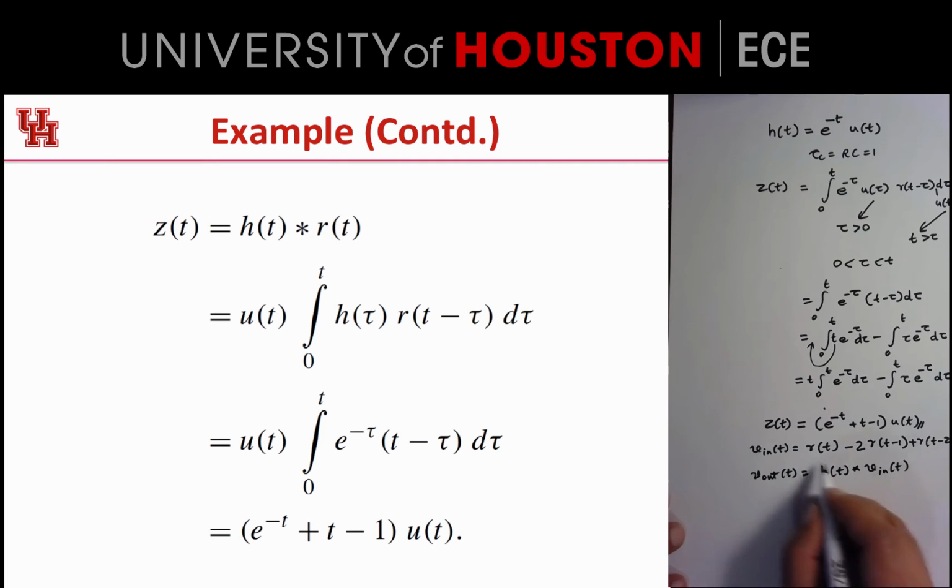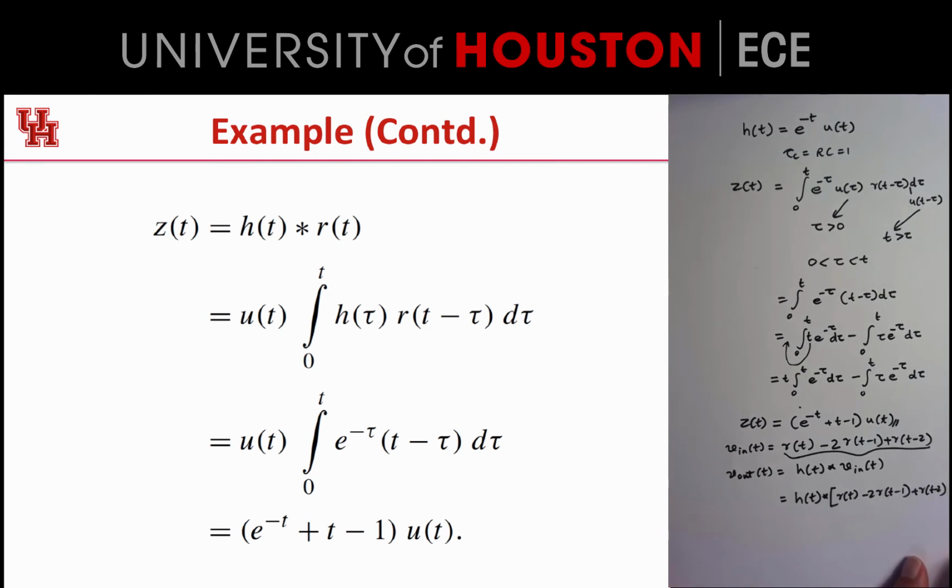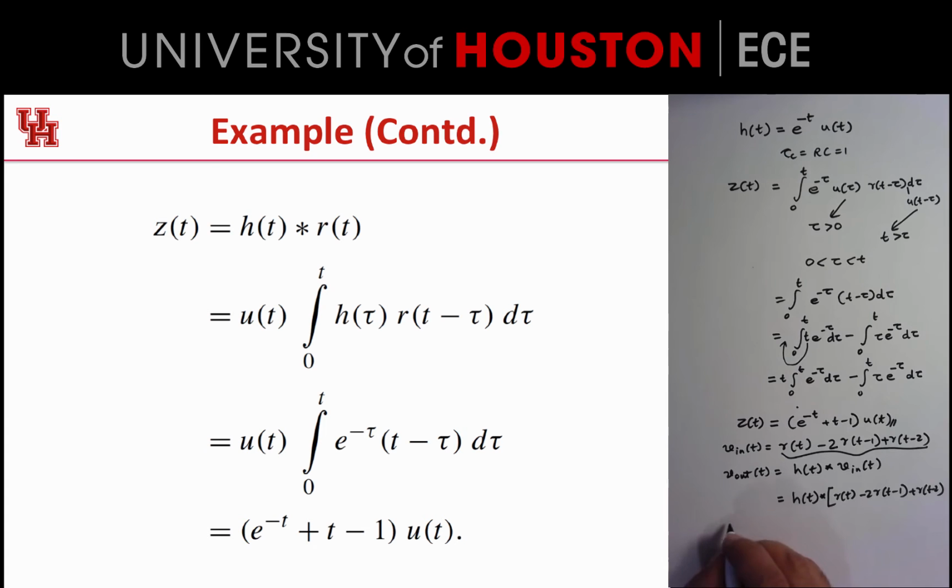Now this can be expanded, which means I have to convolve h of t with r of t minus 2r of t minus 1 plus r of t minus 2. So v out of t is h of t convolved with r of t, which is simply z of t, minus 2 times h of t convolved with r of t minus 1, which is z of t minus 1,